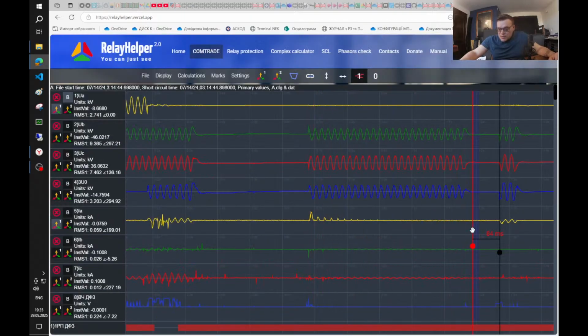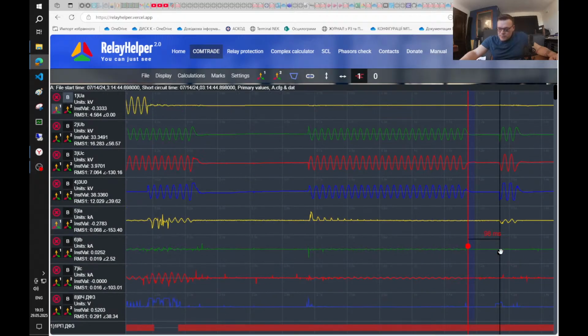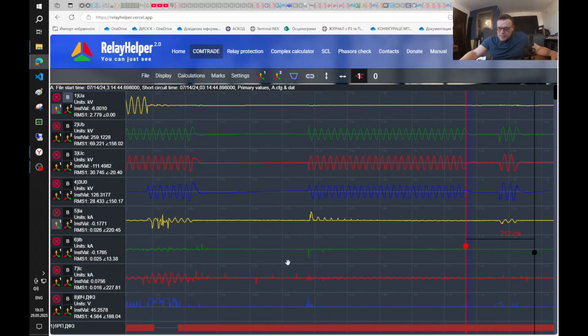But this command did not help, because here we can see the R from the opposite end, and it's a little bit strange why it happened, and